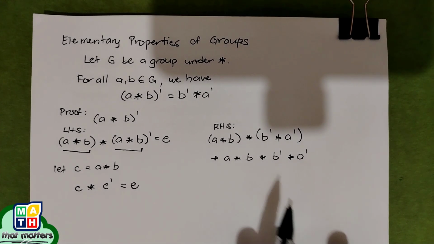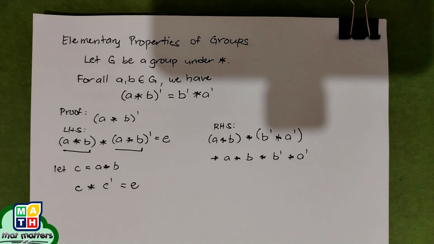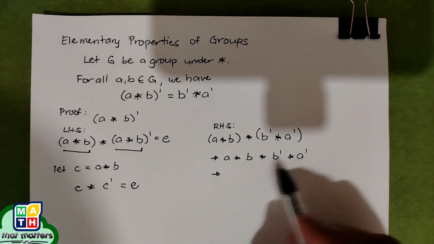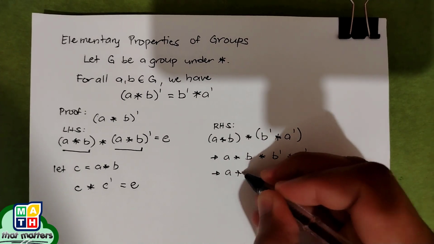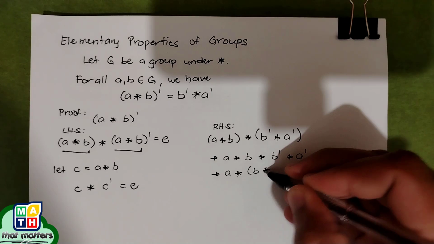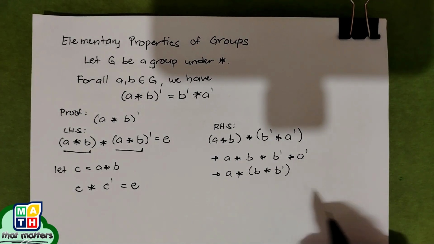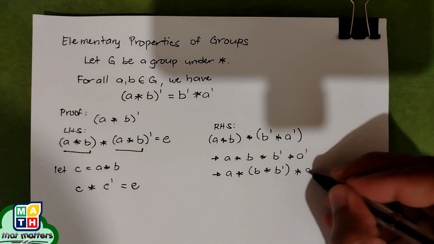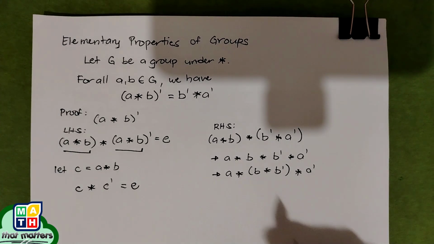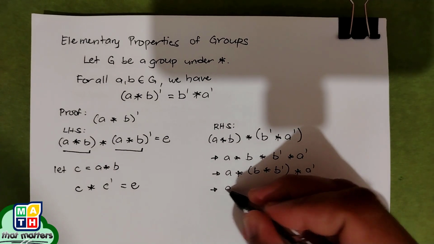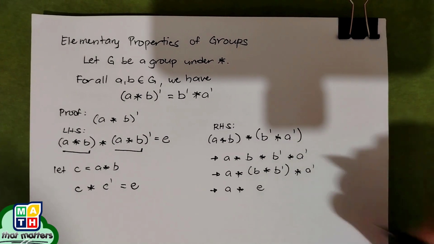Take note that we cannot interchange them because there's no claim for commutativity. But I would like you to focus on these two elements as I group them, because it's possible, since every group, as declared, has associativity. Once you operate B with its inverse, we know that the result is the identity element,